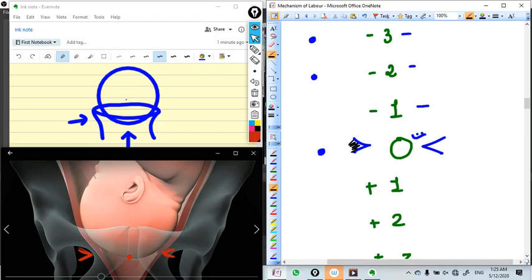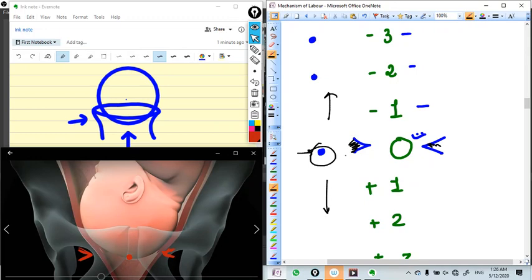This is the ischial spine, the leading part has reached here, and that's why we have called it a 0 station. The stations above the ischial spines are called minuses, like -1, -2, -3, and the stations beyond the ischial spine, lower, are called +1, +2, +3. Okay, so if the leading part has reached the ischial spine, that means the station of the fetal head is